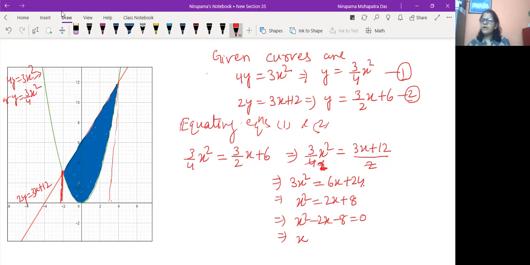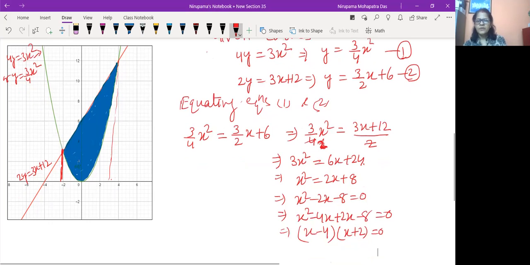You can factorize this: x square minus 4x plus 2x minus 8 equals 0. It means (x minus 4)(x plus 2) equals 0. So the points of intersection are x equal to 4, x equal to minus 2,